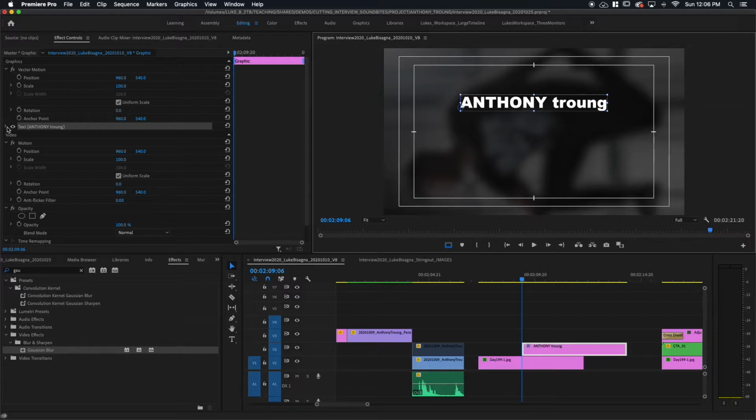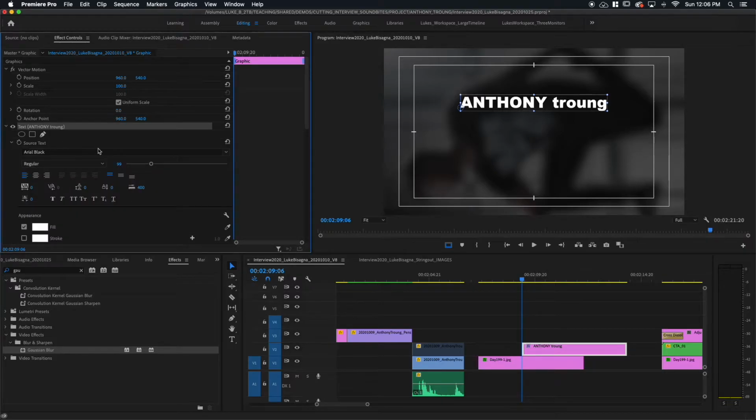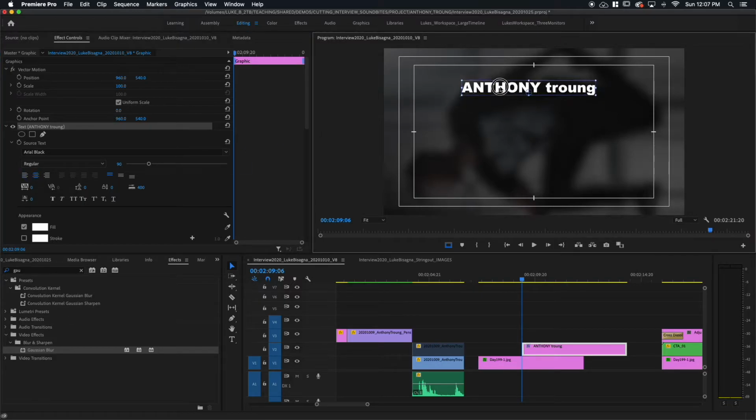I'm going to twirl down text. And I'm going to change the size a little bit here. I think it's a little bit too big. I'm going to make it go down to 90. Now you can see I lost my centering there. That's because I didn't have it pre-centered here. If I'd have done that, it would have maintained the center. So back up to the center line here, and then clicking, holding down Shift and moving it to where I want it to be so it doesn't move side to side when I do that.